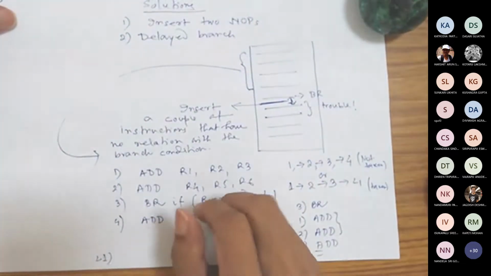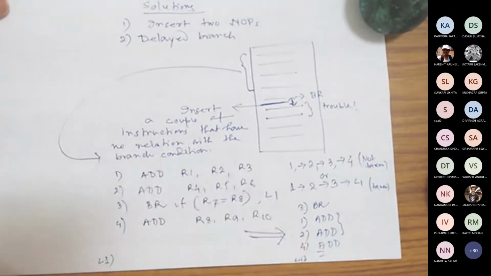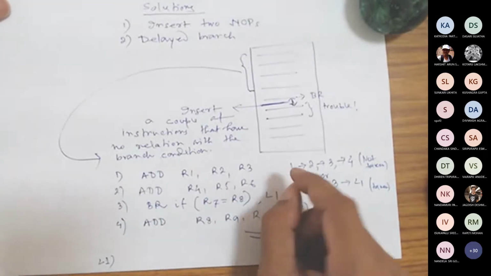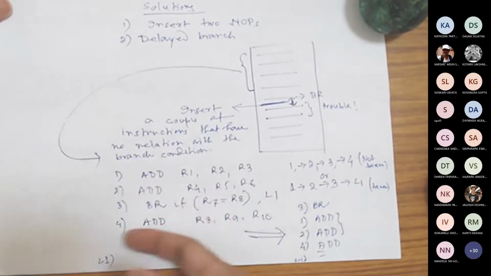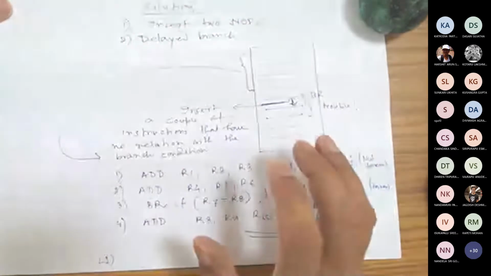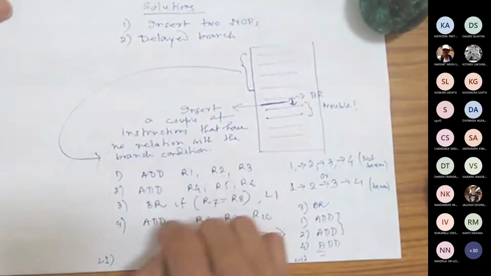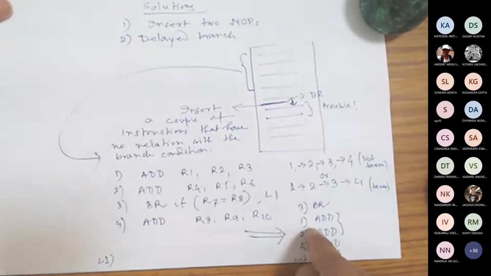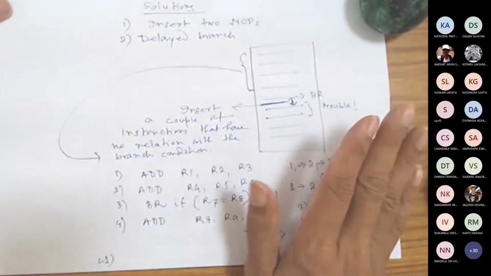Is that clear? Sir, can you please repeat the last line? What I'm saying is, out-of-order means this sequence is already decided, that you will run the code with this sequence, and this sequence has already entered into the pipeline. In between, the hardware finds something, then you do the rearranging. That is basically called out-of-order execution. Whereas this is a software solution. Before we generate the final code, we do our own arrangement. So this is not out-of-order execution in the true sense.